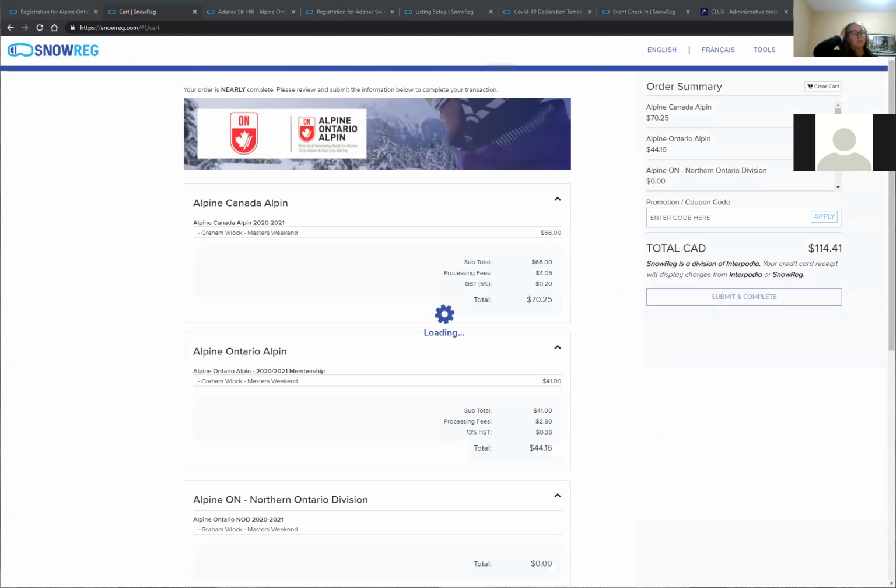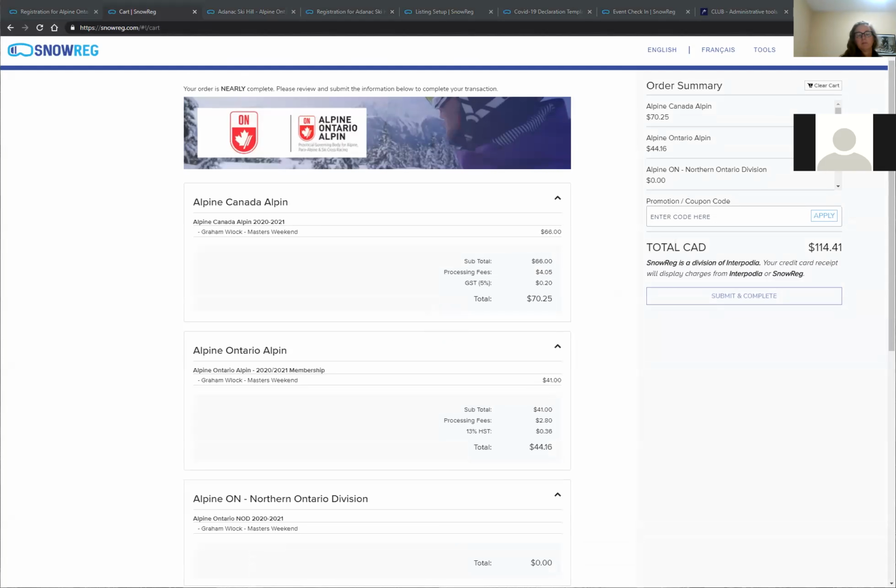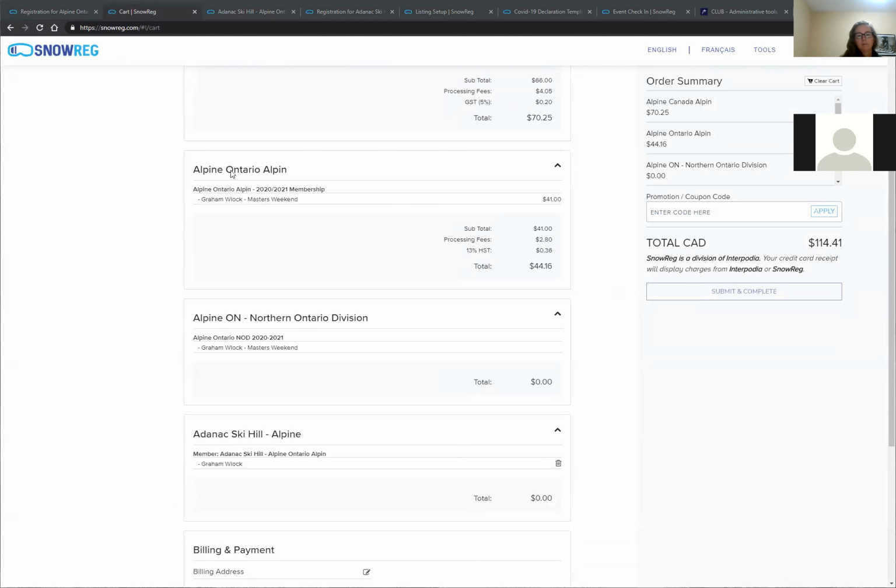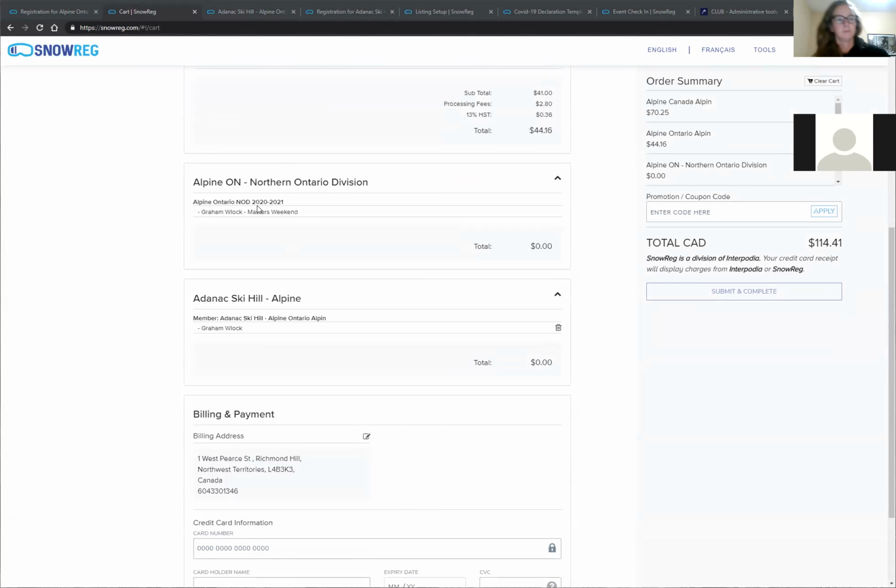And this will take us to the shopping cart here. So again, we see the division between the organizations in the system. We have ACA, we have AOA fees for the membership that was added. We have a divisional element for their administrative access to the system. And then we have a club component here that is $0, currently set up for the clubs